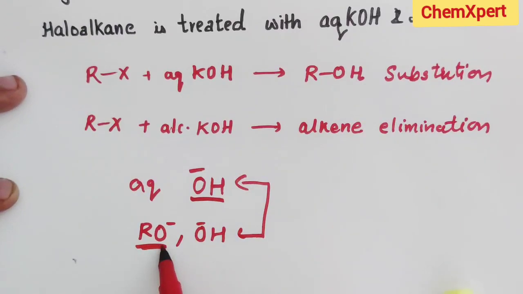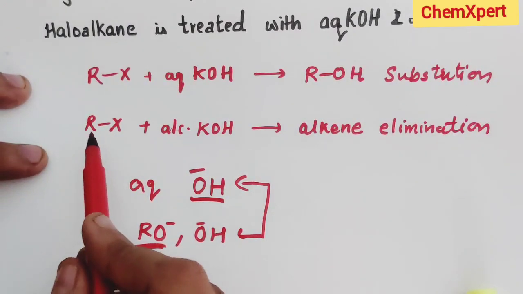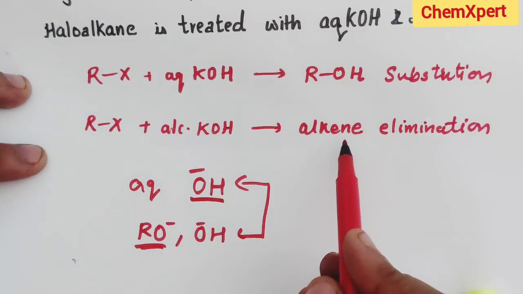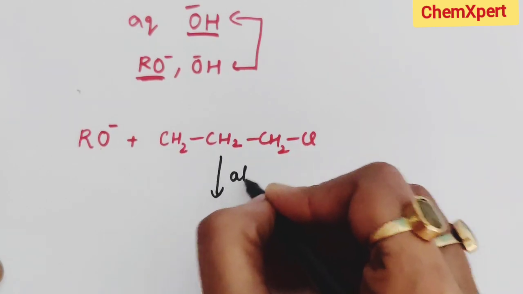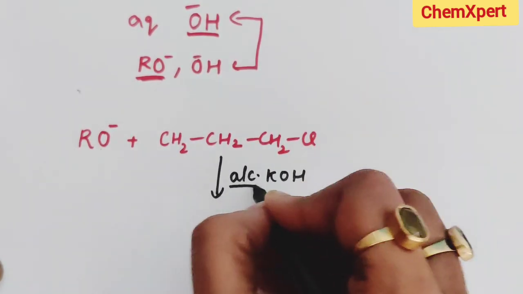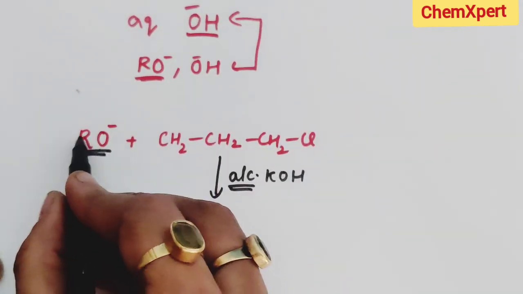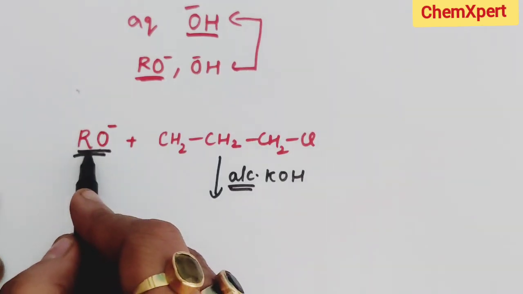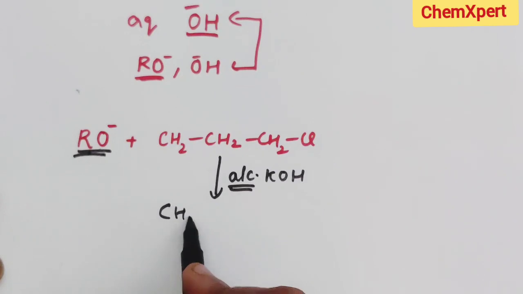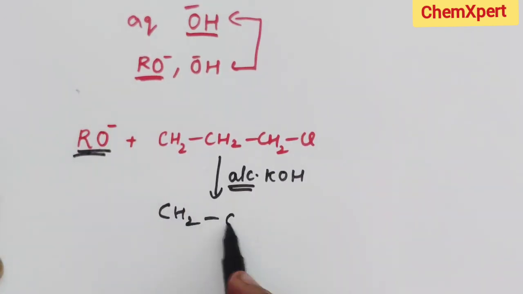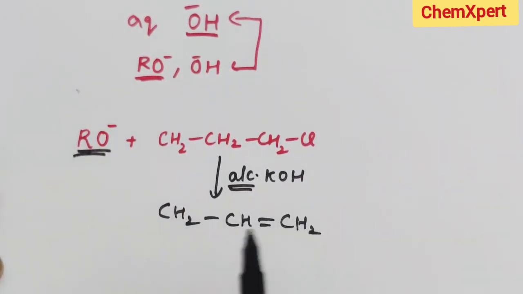If it is a bigger nucleophile, it will abstract hydrogen from the haloalkane and form an alkene. That is in case of alcoholic KOH, which means RO minus is present in the solution. So it abstracts the beta hydrogen here,